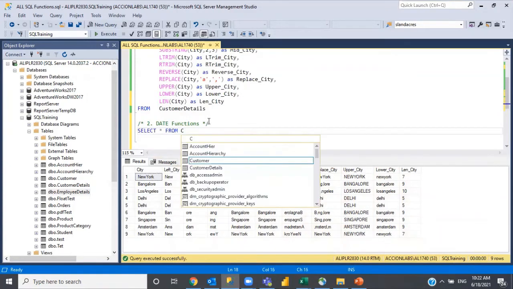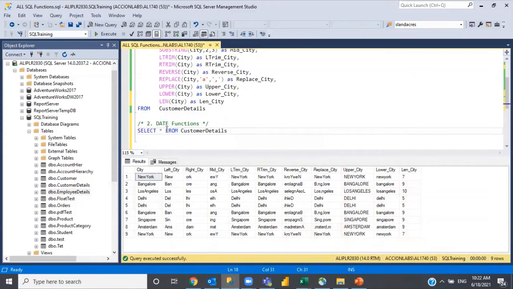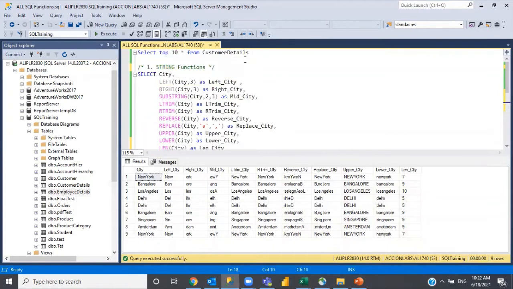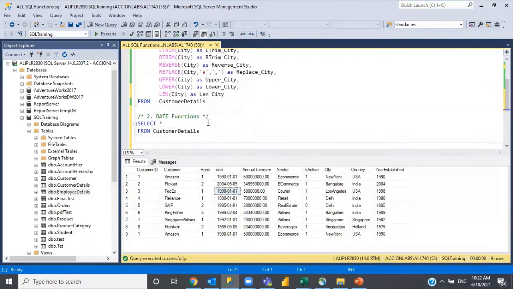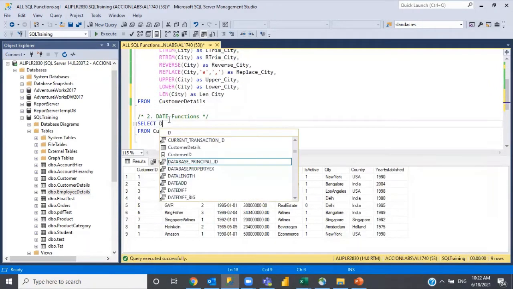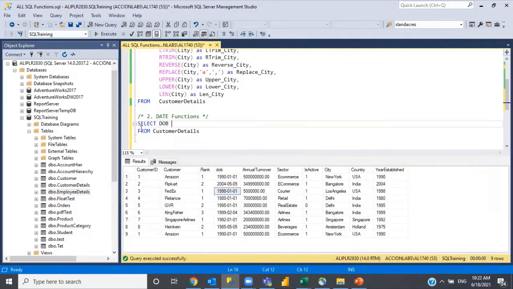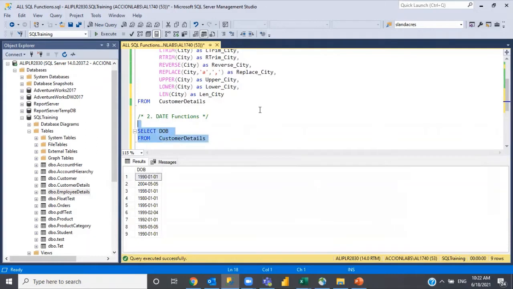Select star from customer details. As part of this, I have a date of birth column, DOB, so I will take this column for our example. As you see, we have the date of birth column and it has a date format.